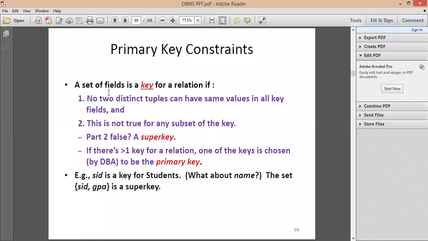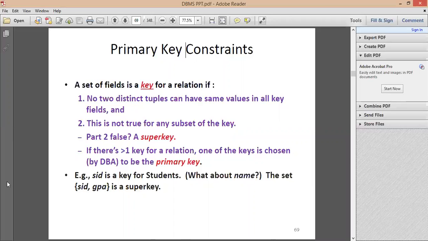Now we have seen what a primary key is. A primary key is a key which has all distinct values in it. There is no repeated value and no null value for a primary key. That is the condition of a primary key.